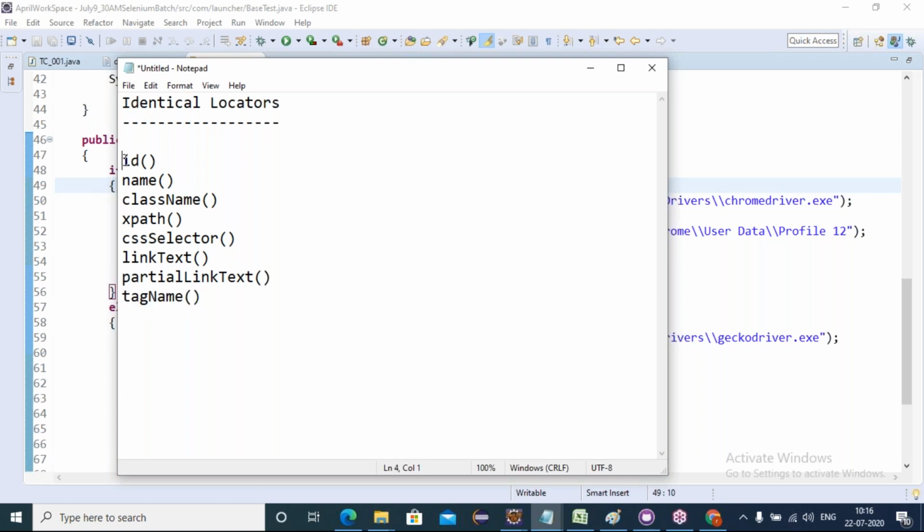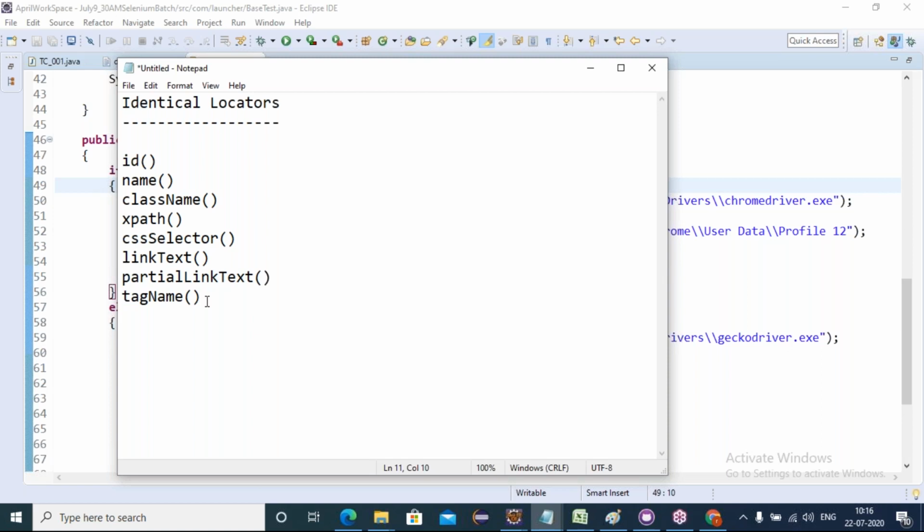So totally we have 8 locators. One is the ID, next is the name, next is the class name, then XPath, then CSS selectors. If you are working with links, then link text or partial link text. If you want to work with more than one element, we can go with the tag names.